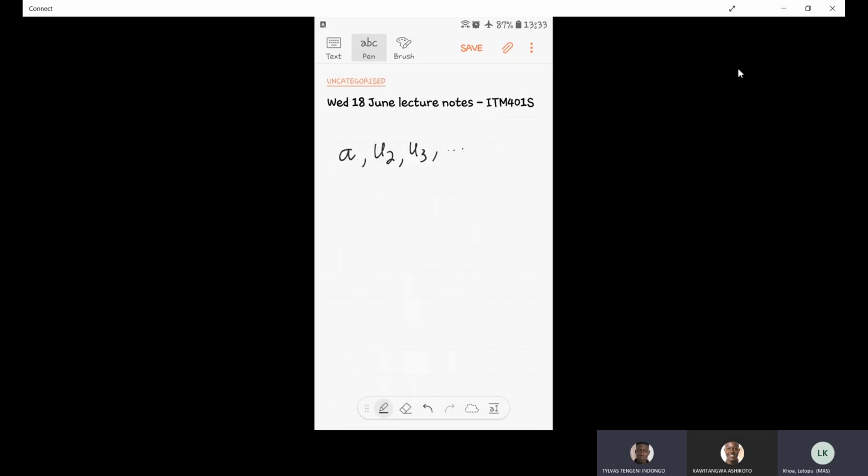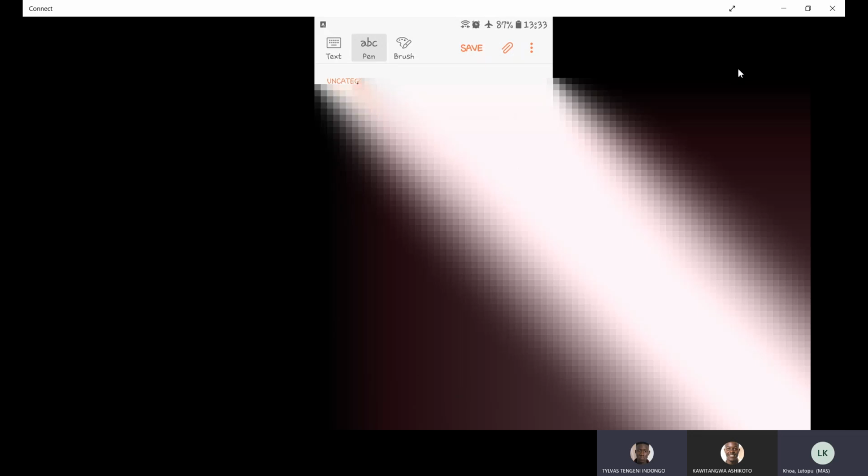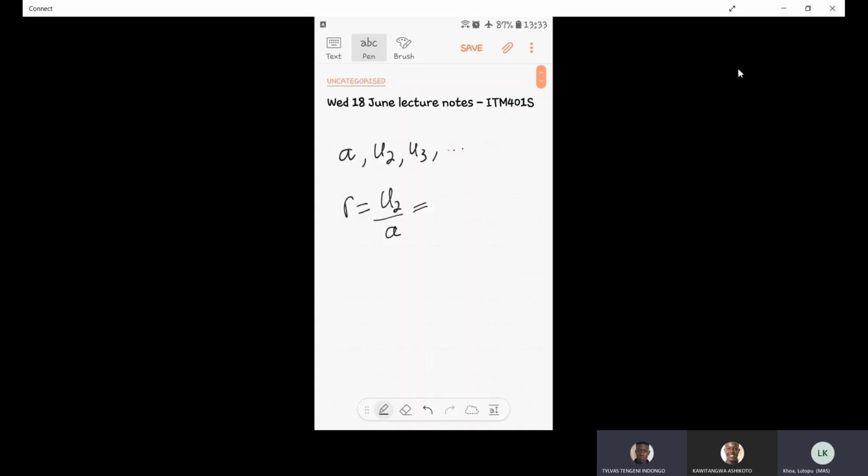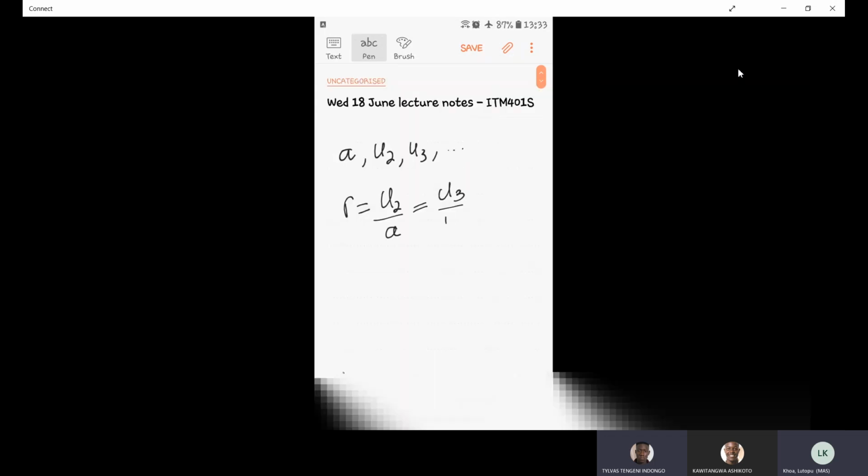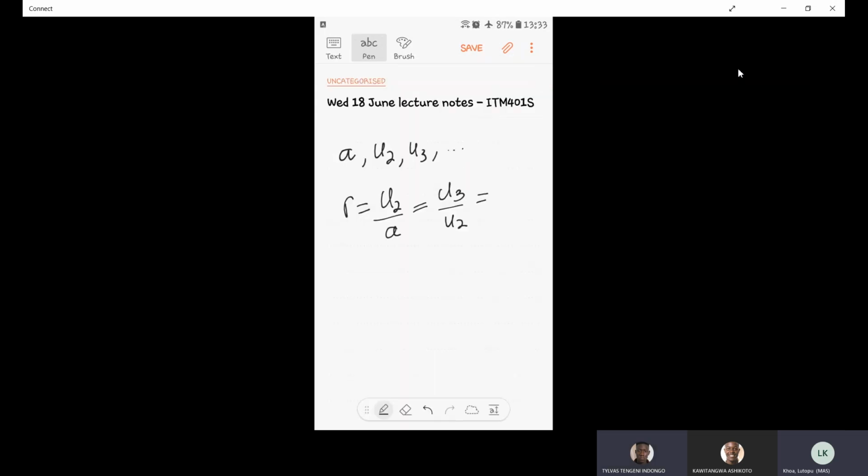So your common ratio, R, is U2 over A. This is equal to U3 over U2, and this is true so on. Okay, so the ratio between any two consecutive terms is